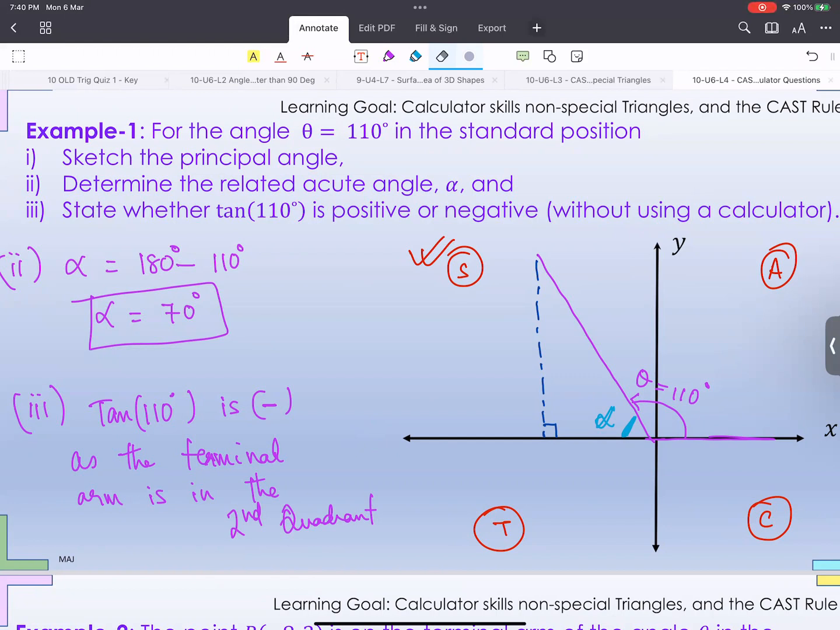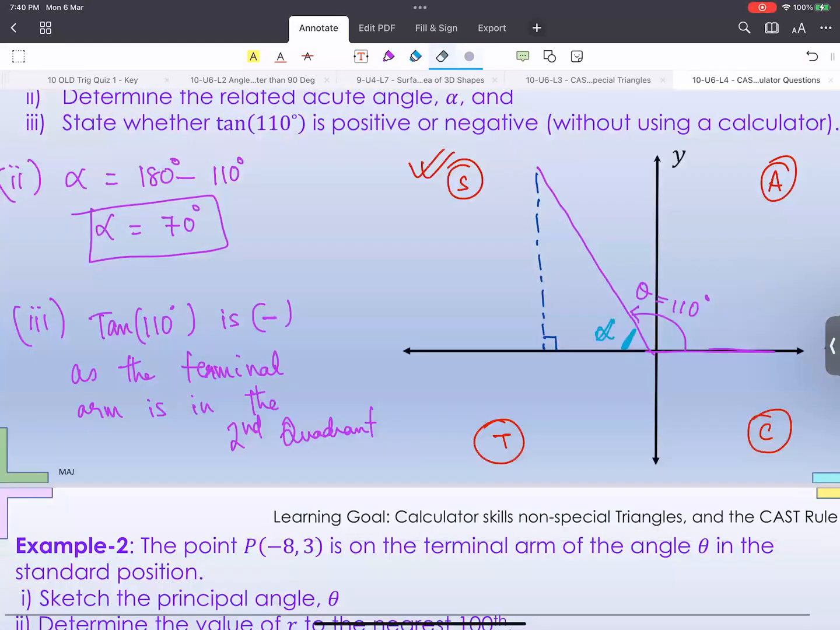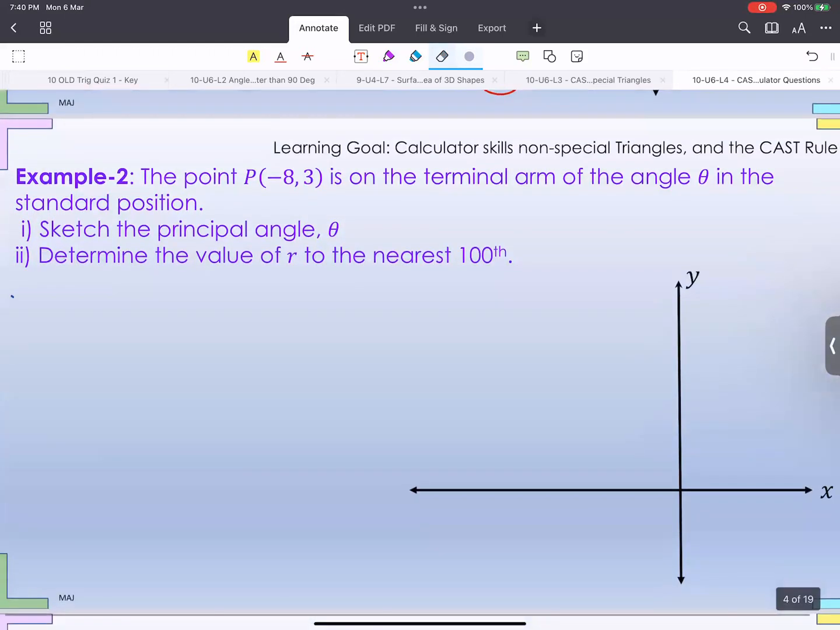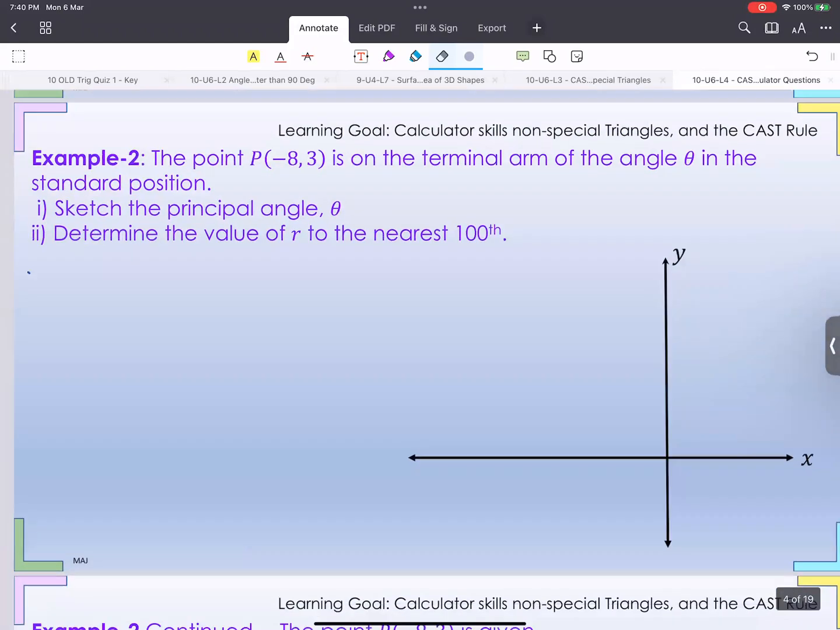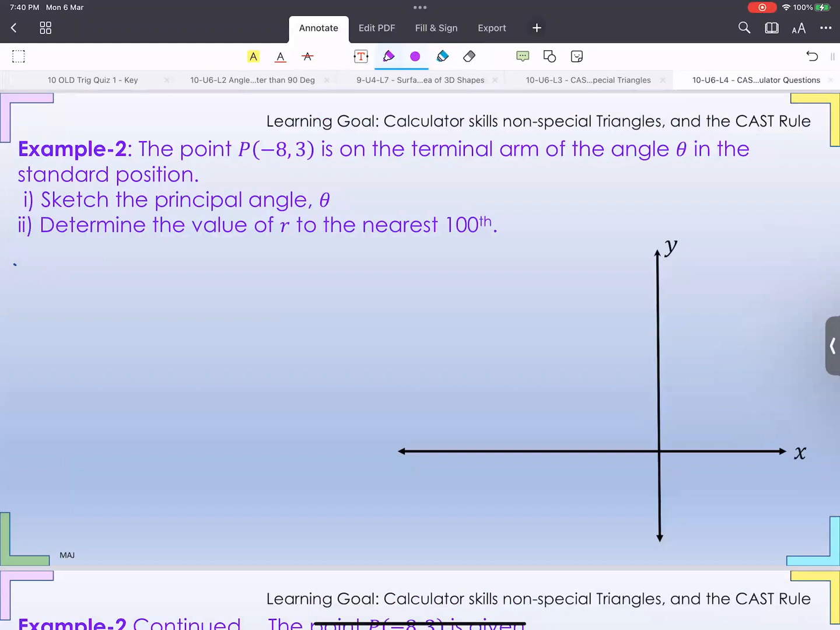Right, moving on to the next question. Okay, this question has 4 parts. So that's example 2, part 1 and 2, and then 3 and 4 is on the next page, right? Just for saving space and reducing clutter, I've broken it into 2 pieces. Now the point (-8, 3) is on the terminal arm of the angle theta in the standard position. Okay, now that's a lot to process, okay? First of all, there's a point, (-8, 3). And where's this point? It's on the terminal arm of the angle theta